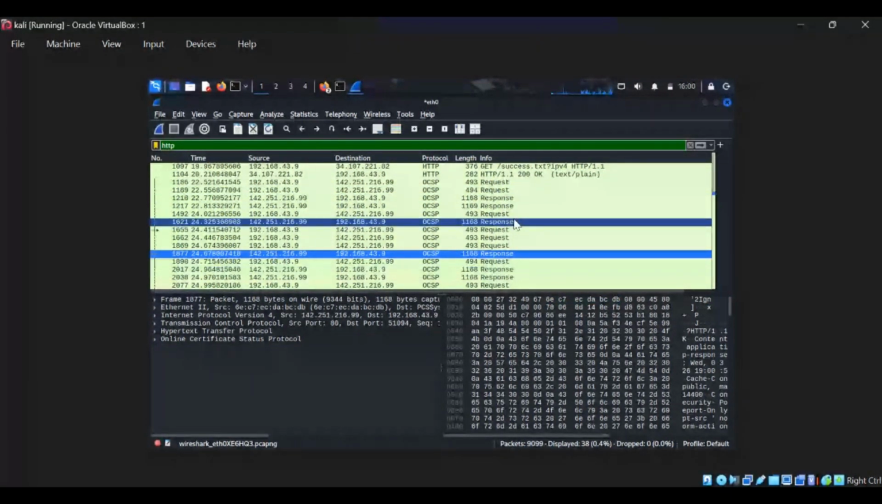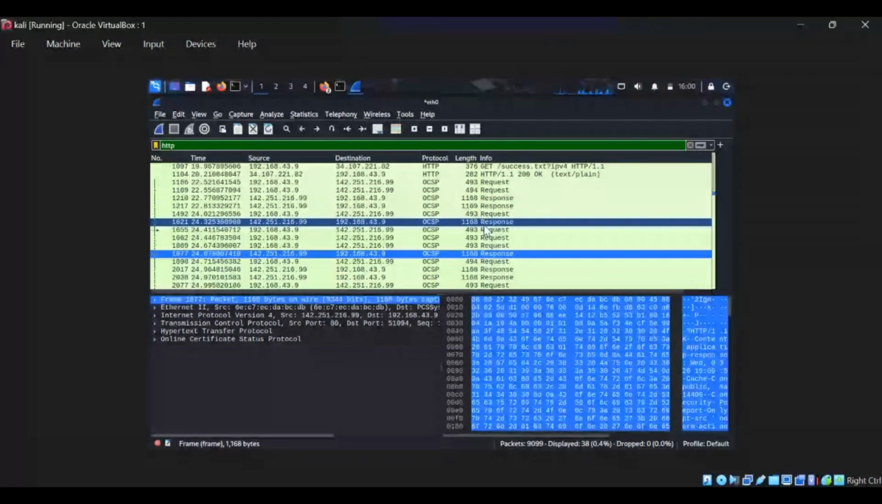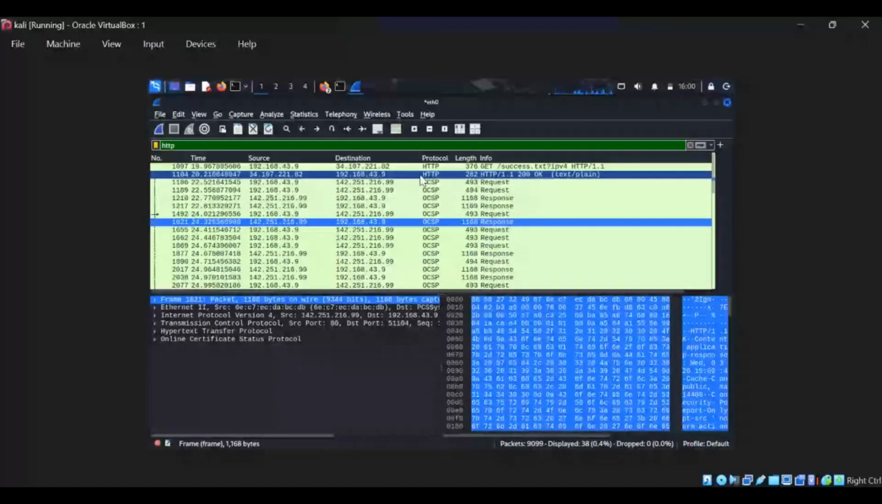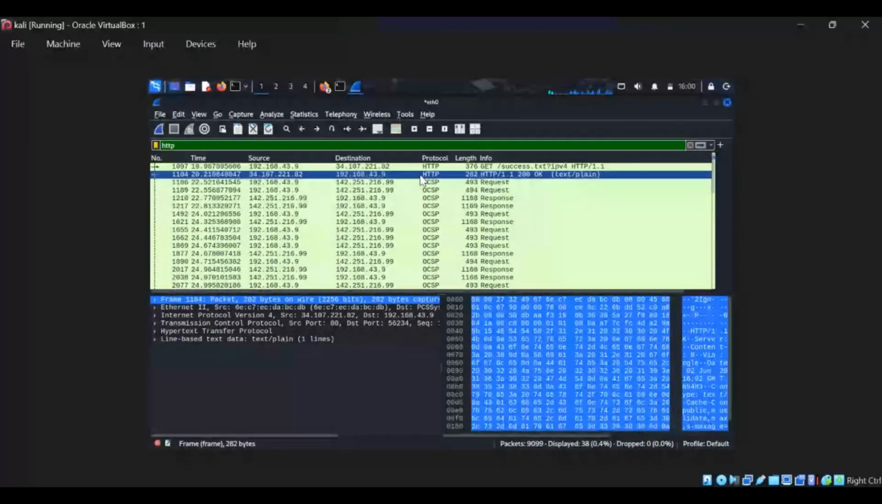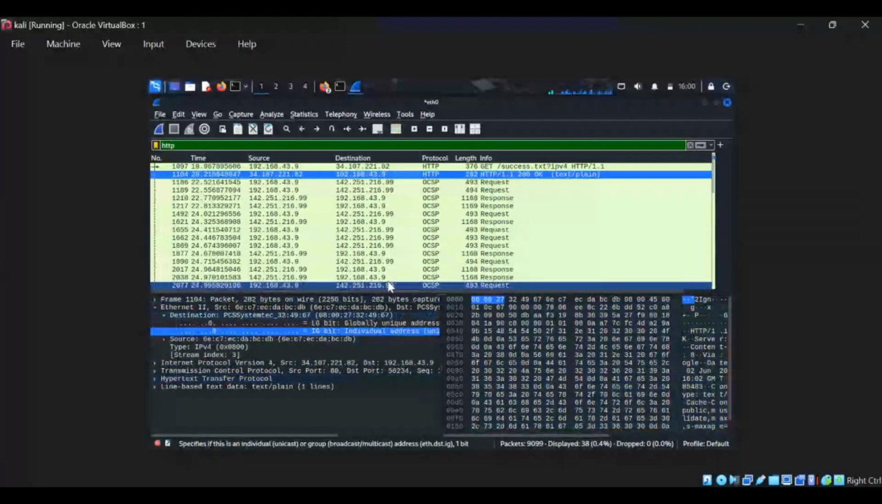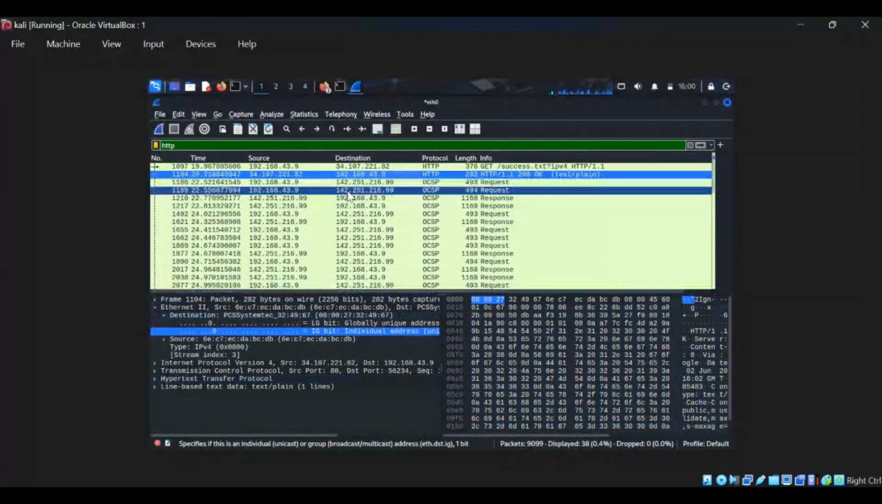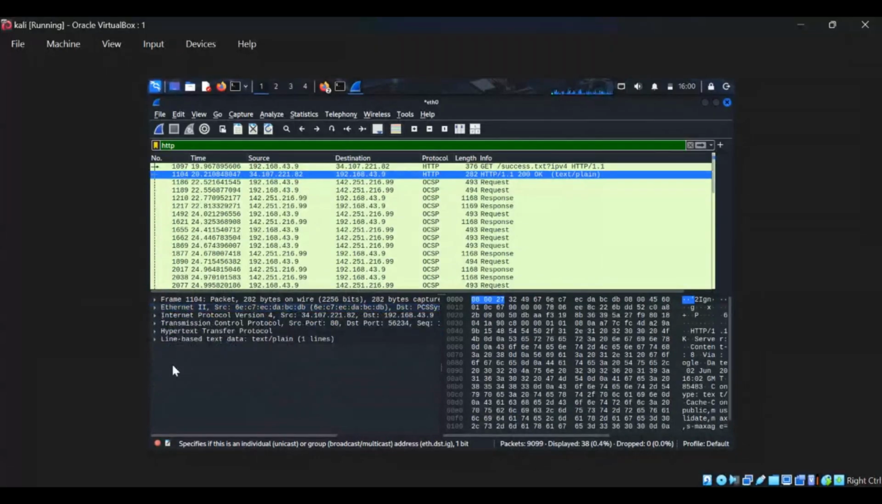Now let's just go to one packet and analyze it. Now, you can see that. Can you guys see it very well? Can you guys see my screen very well? Is it clear? I can see, but it's